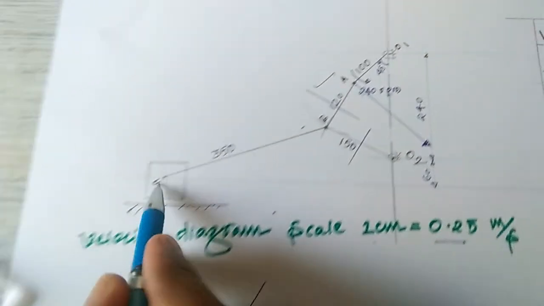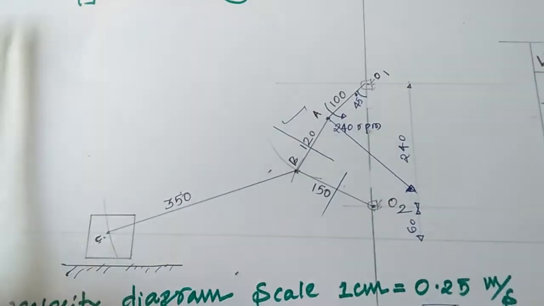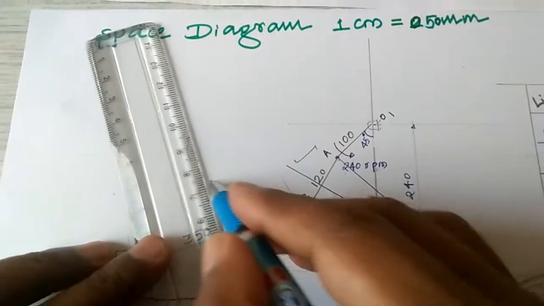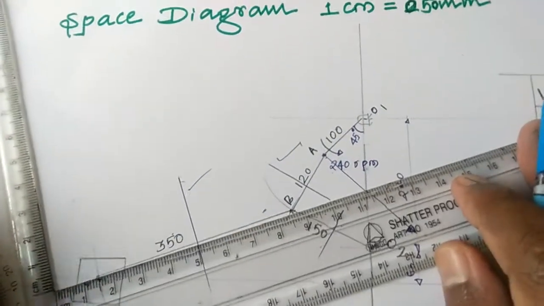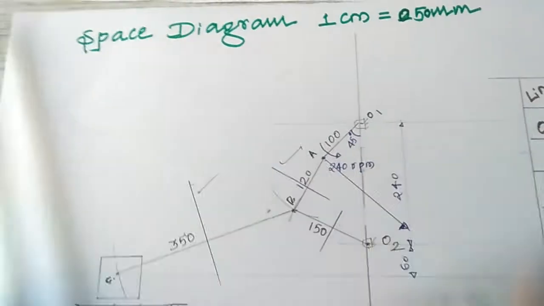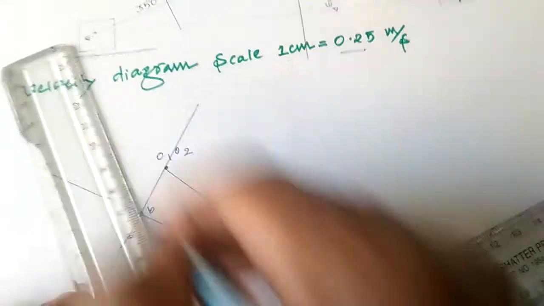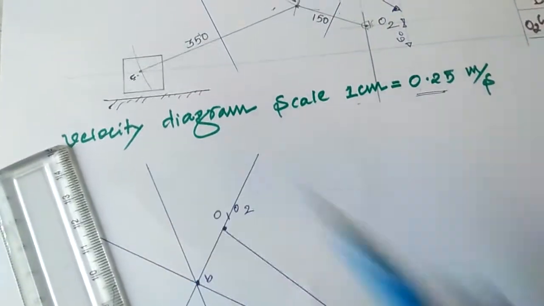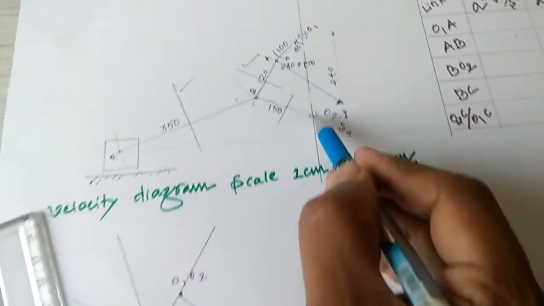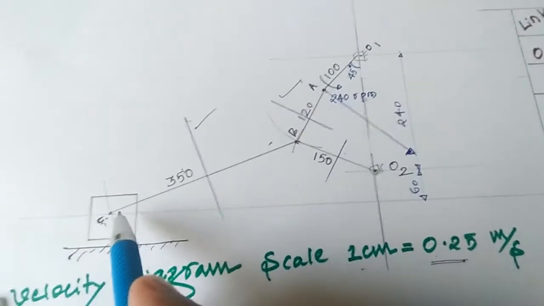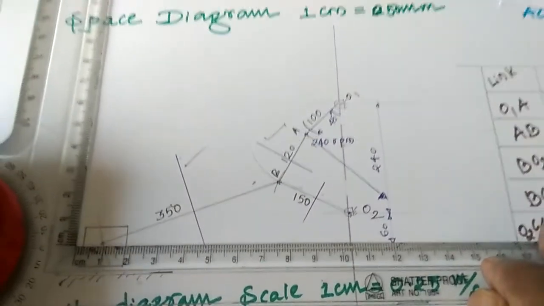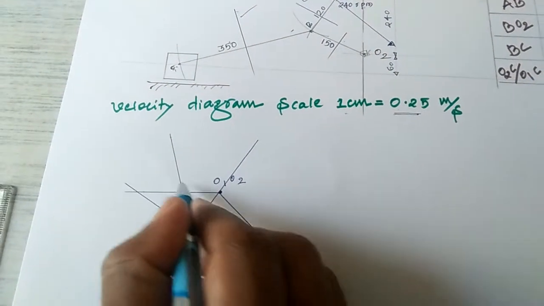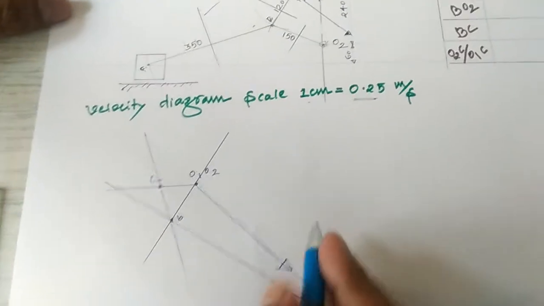Then I will go for the velocity of C with respect to B. This is also perpendicular to this one. You have to shift this. Velocity of C with respect to B means a perpendicular. B is already known. You draw the line of action. This is the line of action. Then the velocity of C with respect to the fixed point O2, the slider. Any time you have to go for the slider with respect to a fixed point. It is the same line. The slider is horizontal, a straight line motion. Then you draw this. This point is C. Then you have to draw the vector direction. I will complete this one first.